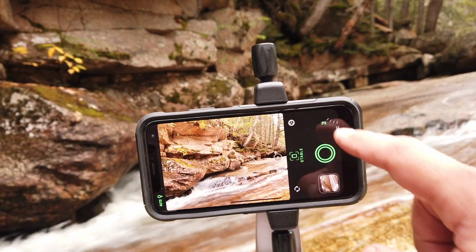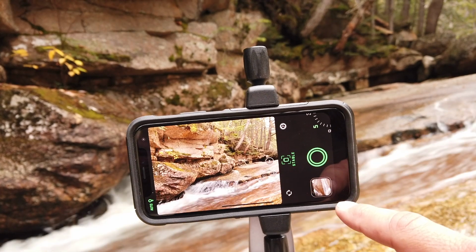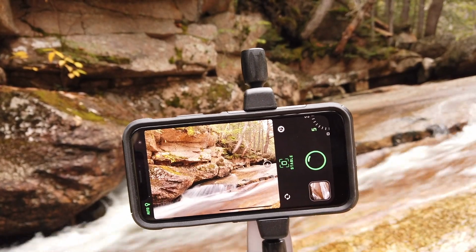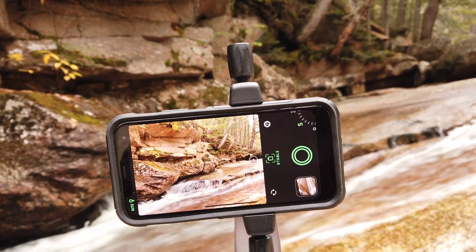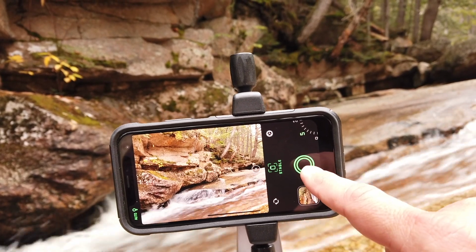Number 4 is the Spectre app, and that's by the people who make the Halide camera app. Now, just because it's number 4 doesn't mean it's any less. It's a great app, and if you're a fan of the Halide camera app, like I am, then you're going to be familiar with its design, the look and feel. It's a great app. In fact, even though it's number 4, it's number 1 in being able to use it